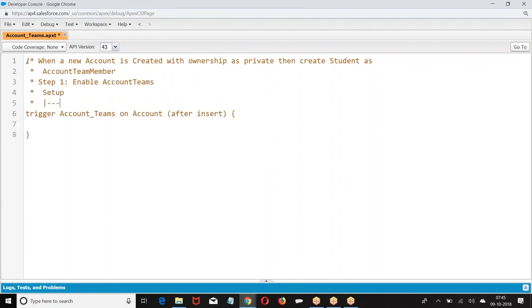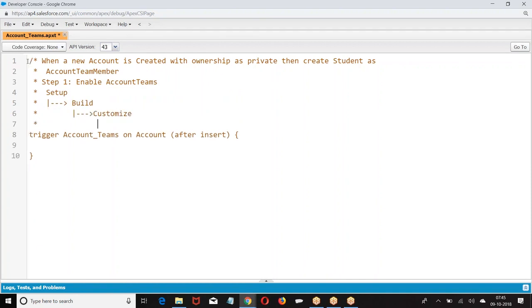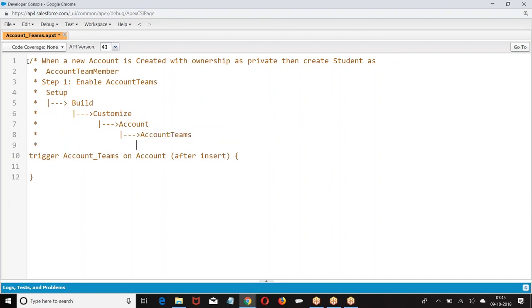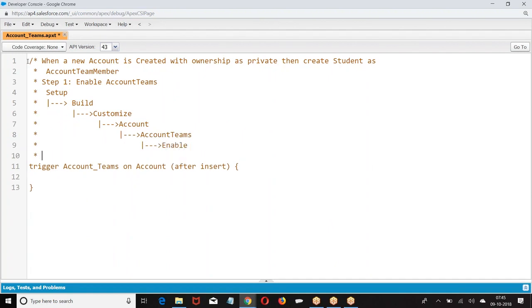Setup, build, customize, like this we enable. Okay, let us take the concept here.